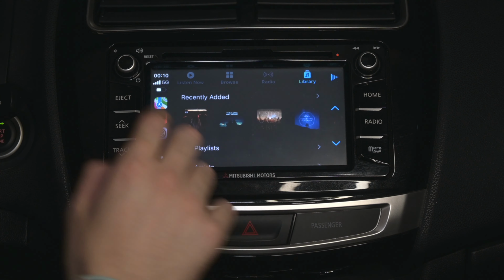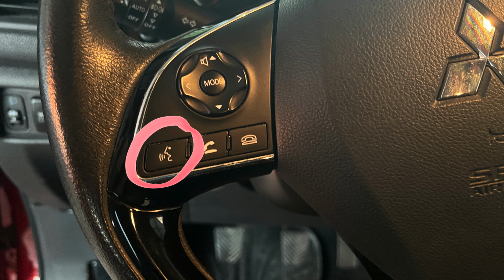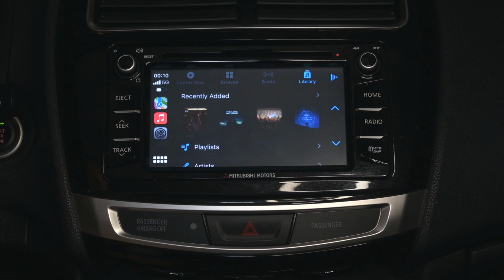If your car is CarPlay compatible, you will have a button on the steering wheel to invoke Siri. And if I press it,